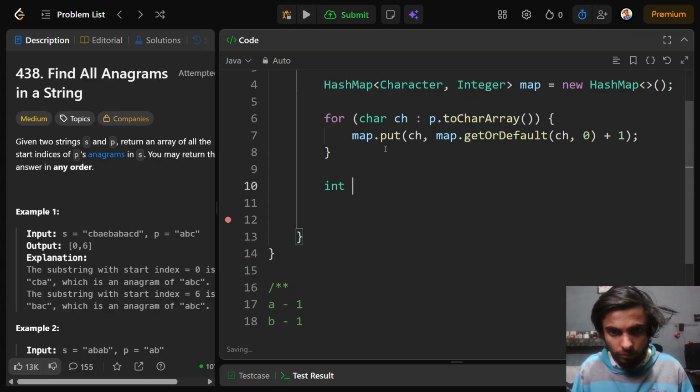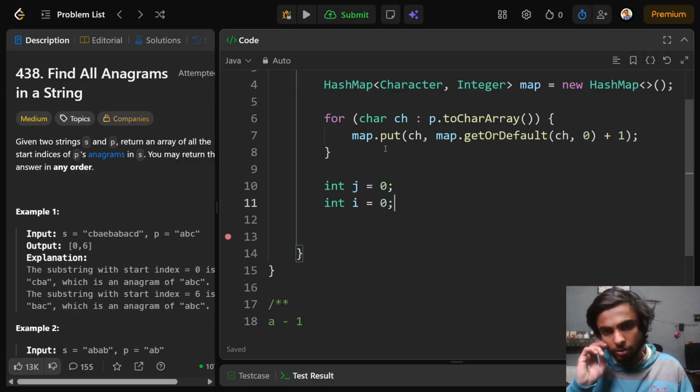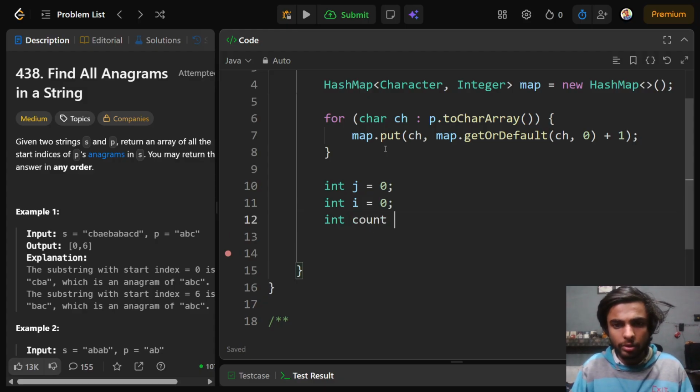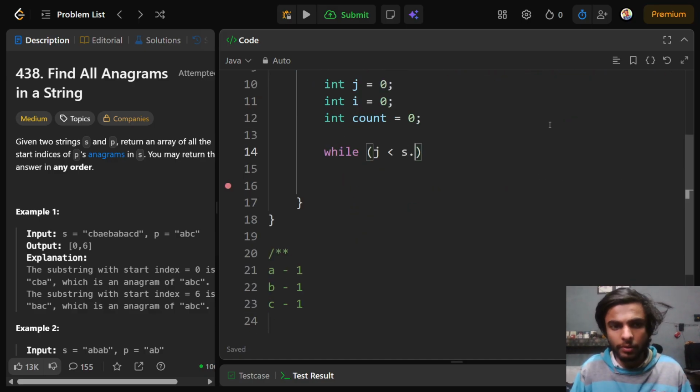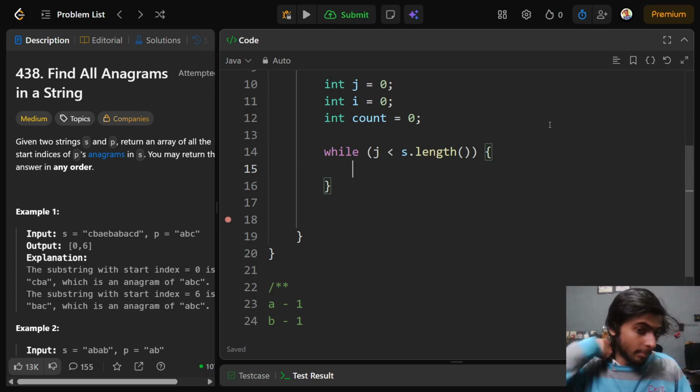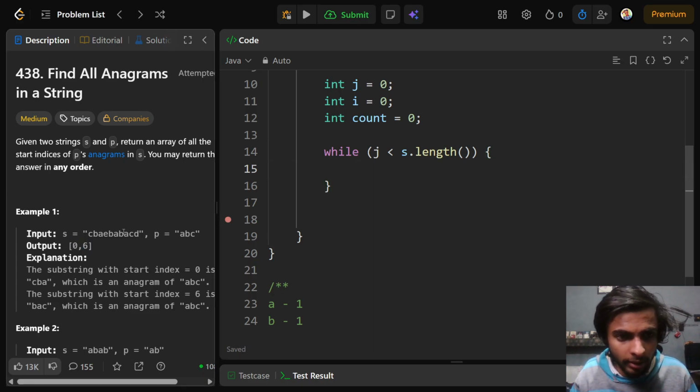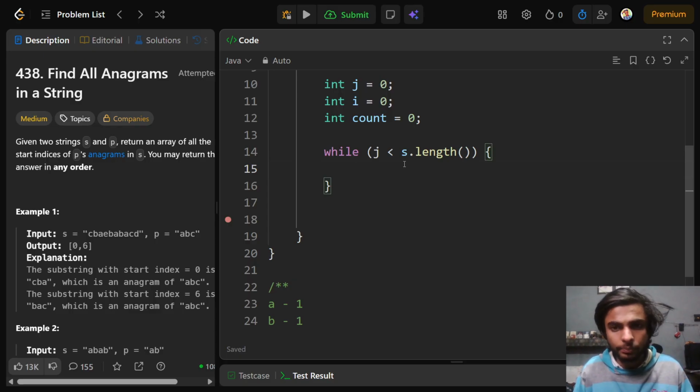now int i 0, int j 0, int count 0. So while my j is smaller than the length of s, yeah, we are iterating s because we are finding the indexes in the s. While j is smaller than s,